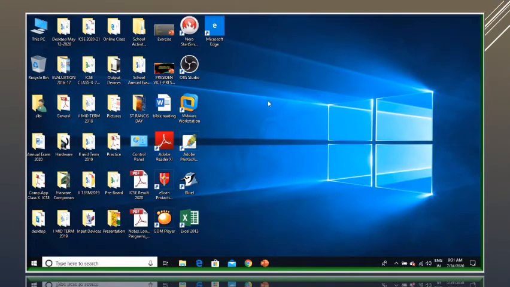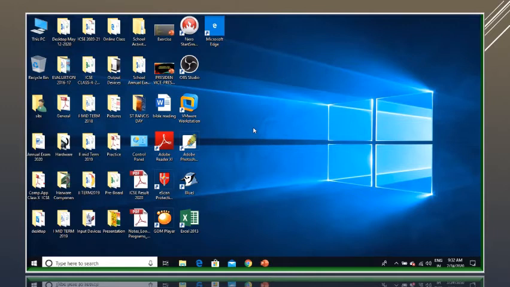Dear students, now we are going to see a trial of how we work with multiple windows. As said in the example, I need to create a PowerPoint presentation based on the topic Presidents and Vice Presidents of India in MS PowerPoint.